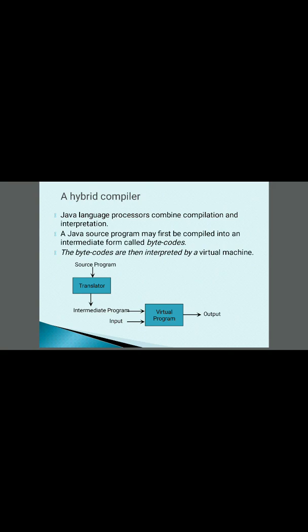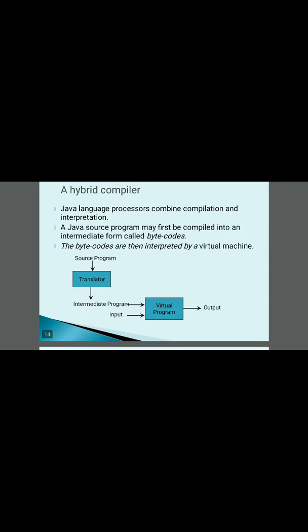See, initially, compilation means it's going to create an intermediate form of your Java source program, that we call bytecode. So you can see the first part of your diagram where the source program is in Java, and here we are not calling it a compiler, we are calling it a translator. What this does is convert your Java code into bytecode. So that bytecode is nothing but an intermediate program. Now you give this bytecode to the virtual machine, and then that virtual machine is going to take an input as and when required and produces the output.